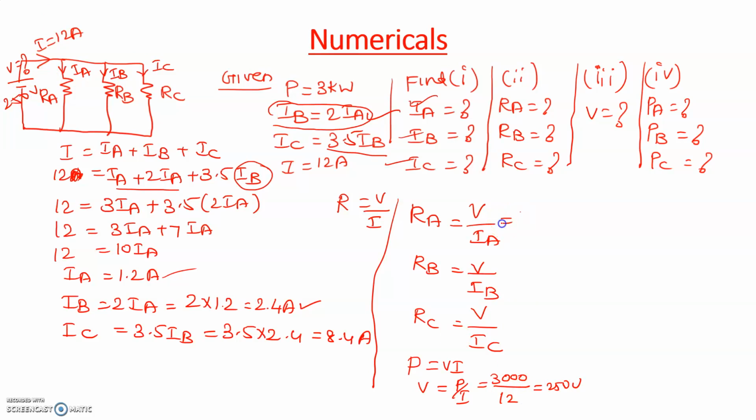So that 250 volt divided by IA current. IA is 1.2 amperes. So this will be 208.333 ohms. Similarly, RB is equal to 250 divided by IB. IB is 2.4 amperes. So this will be